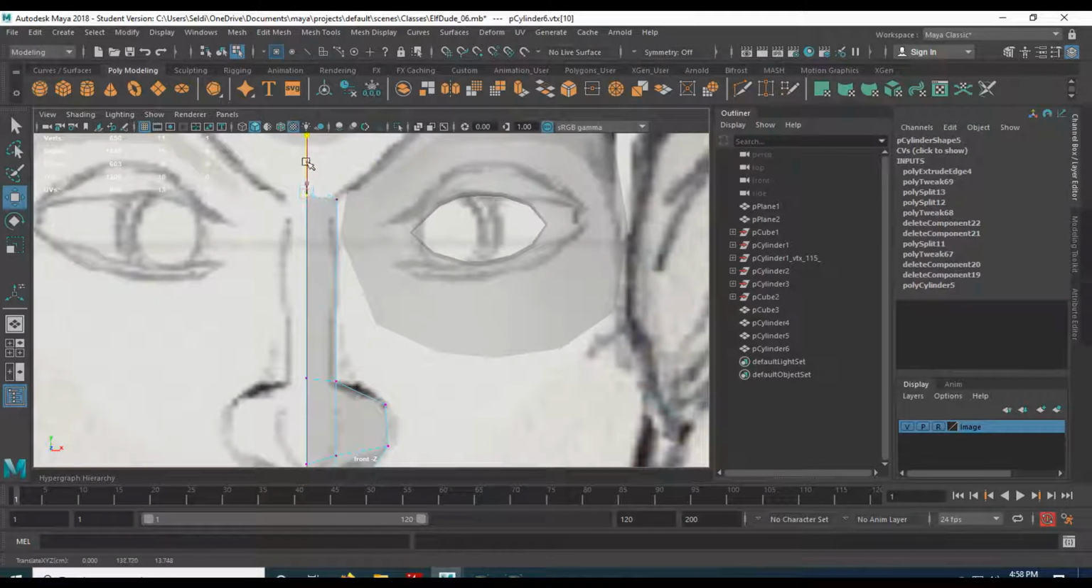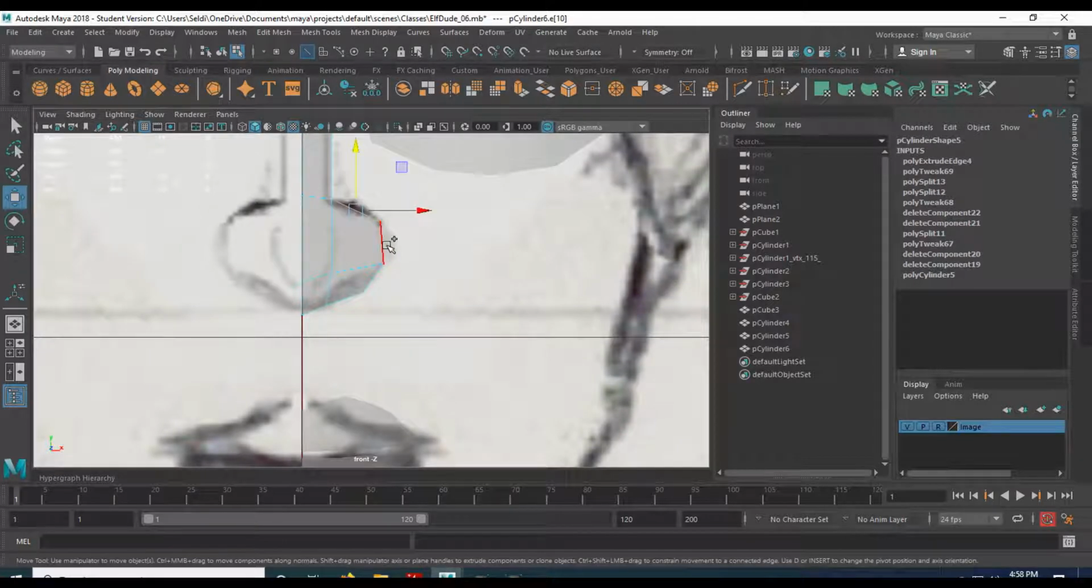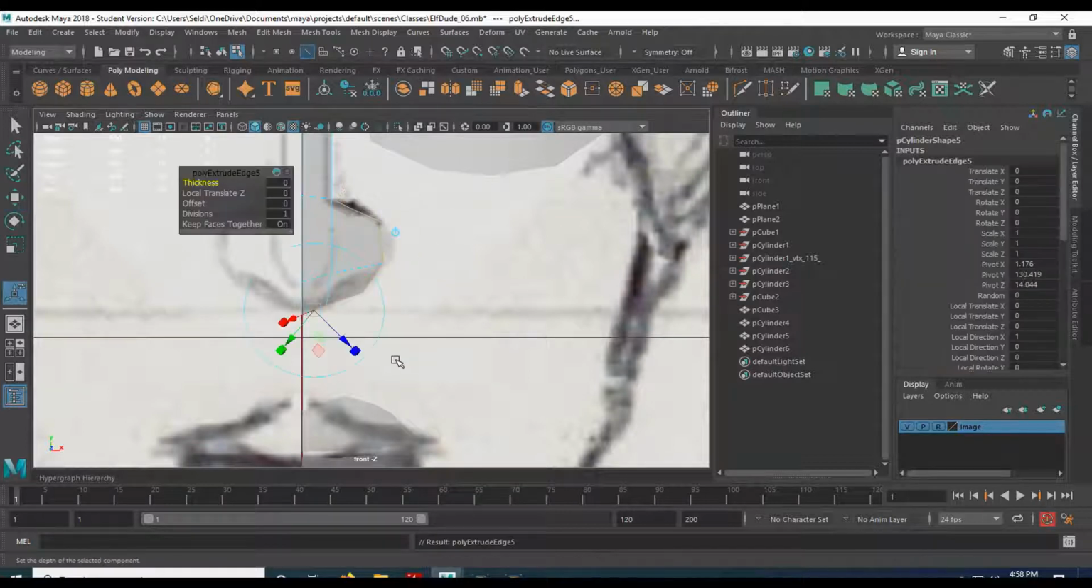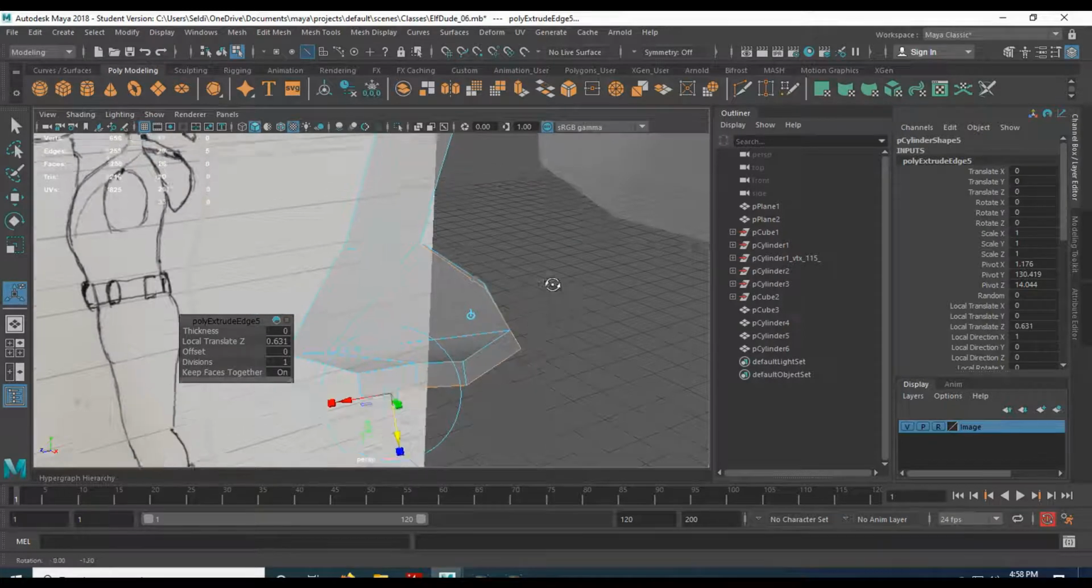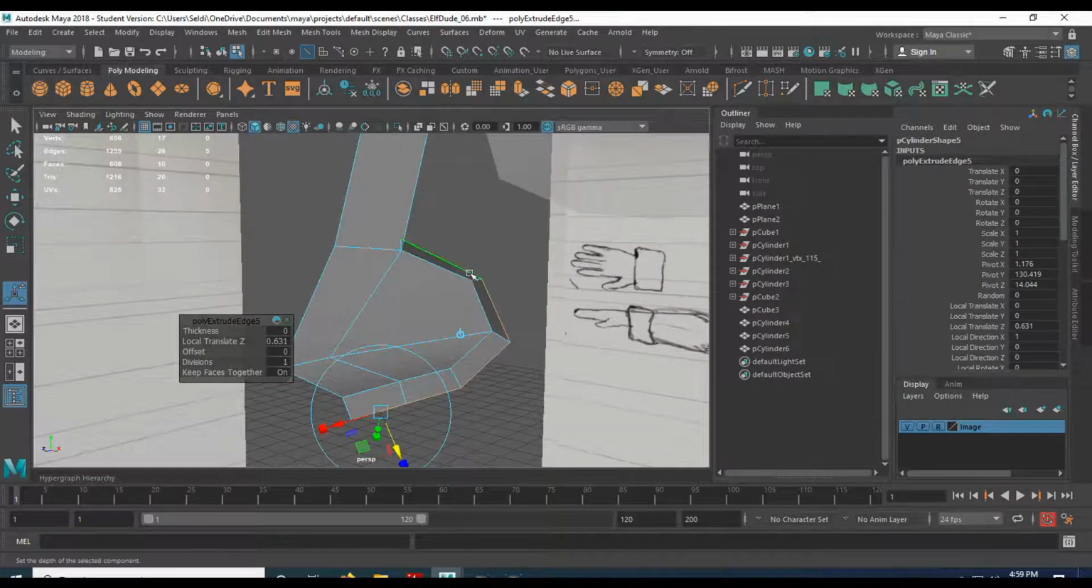That's good. On these edges here, this one, this one, this one, like around the nose, I'm going to extrude. Let's pull off the blue arrow here. That's going to give us this section. And what we're doing is we're creating that spot kind of like behind the nose